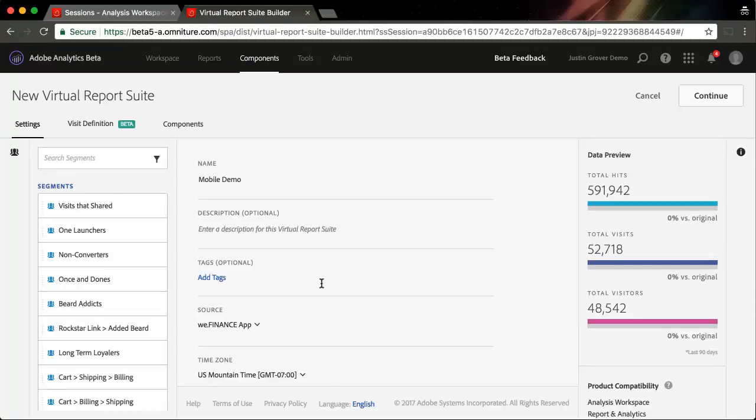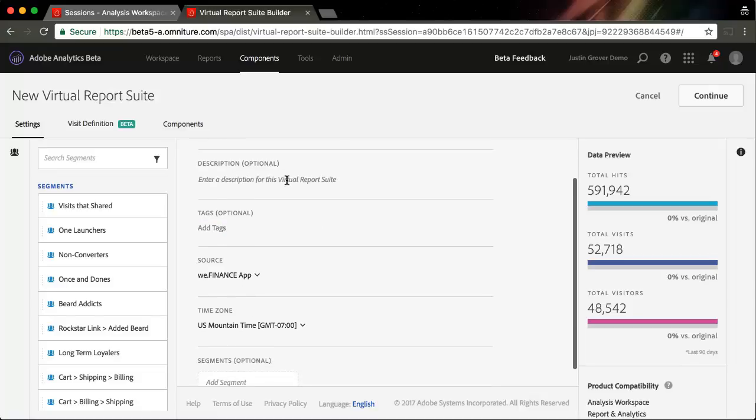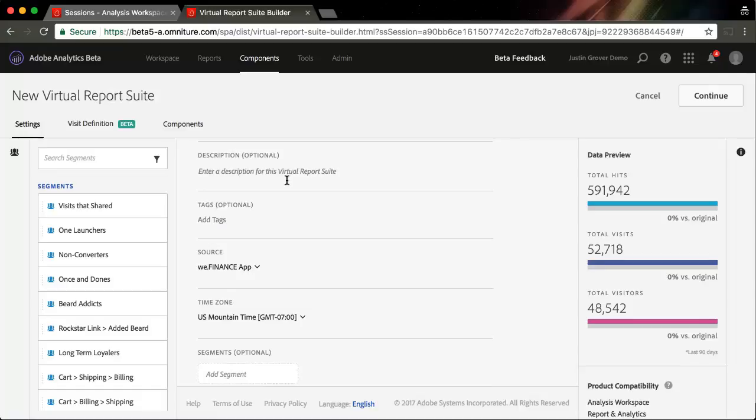Hello, this is Justin Grover with Adobe Product Management, and I'd like to share some of the features that we've added to virtual report suites in the Adobe Analytics release in October of 2017. What I'm going to do is show you how to adjust a visit definition within a virtual